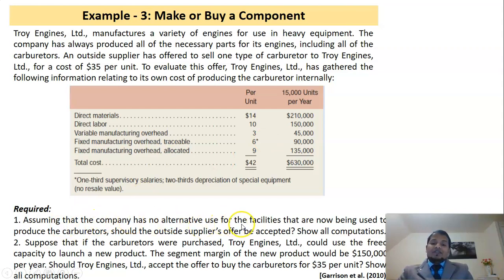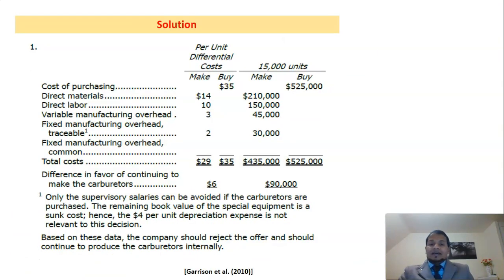Assuming the company has no alternative use for the facilities that are now being used to produce the carburetors, should the outside supplier's offer be accepted? So if the facilities where the company is now producing the carburetors will remain idle, there is no alternative use. If you assume that, whether the company should accept the outside supplier's offer or reject it, should they produce or should they buy from outsiders? So let's see